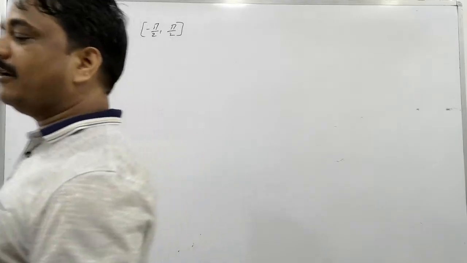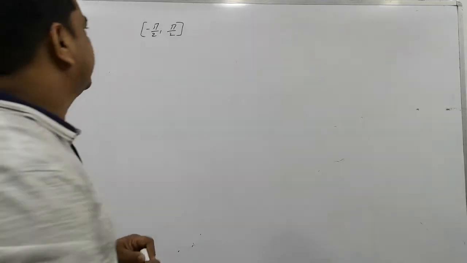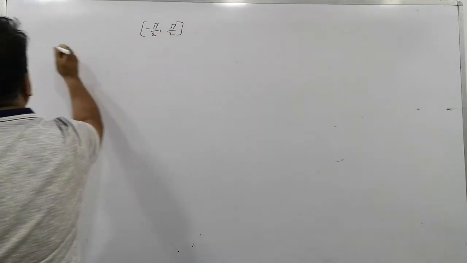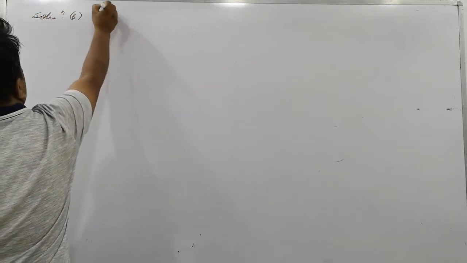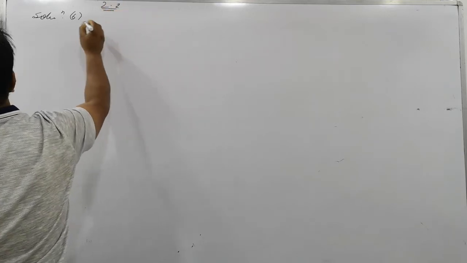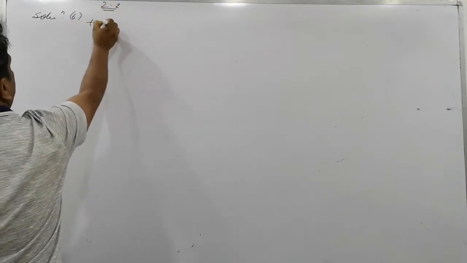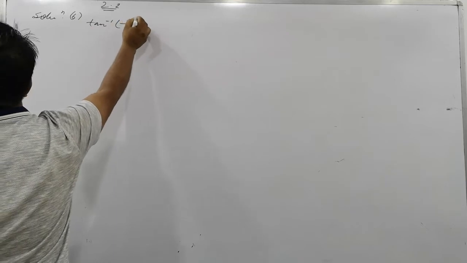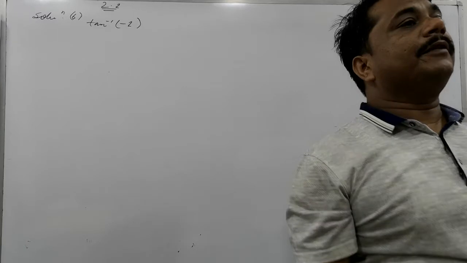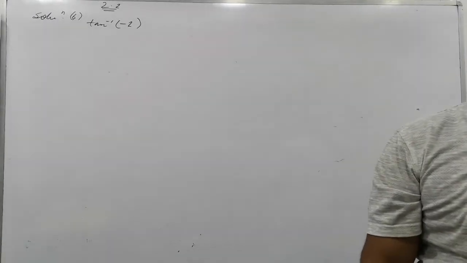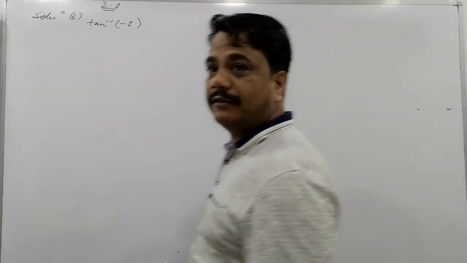And the solution which we made yesterday, suppose we are solving question number 6, solution 2.1. What is to be found here? Tan inverse of minus 1. We have to find the value in the principal solution region. Clear? How can you find it here?